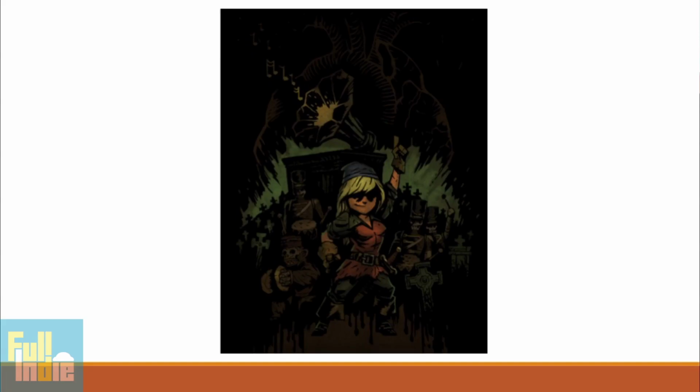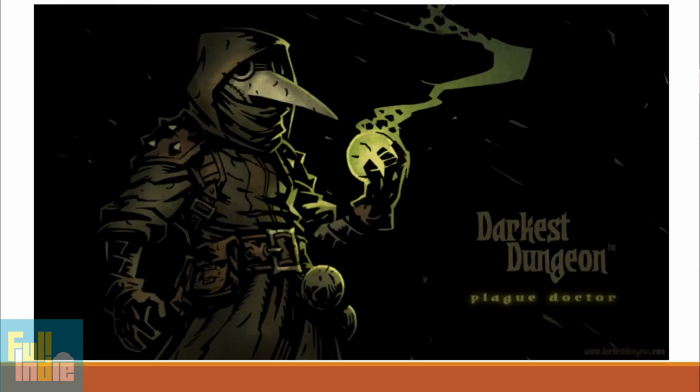A great way of doing this is to examine the hooks of other successful and unsuccessful indie games. So let's take a look at Darkest Dungeon. This is awesome Necrodancer promo art that was actually created by Darkest Dungeon's amazingly talented artist Chris Bourassa in the Darkest Dungeon style. Now, Darkest Dungeon's design, with its exploration of what it would really feel like to be in a terrifying dungeon, is perfect. Everyone immediately agrees, you're right, it would be horrible to be locked in a dark dungeon full of monsters.